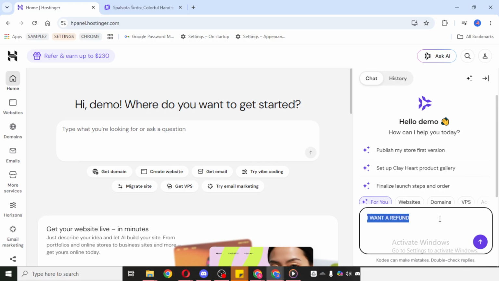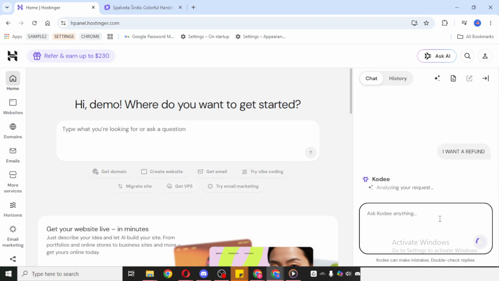You can simply raise your concern directly in the chat area. Try to describe your issue clearly so the system can understand what kind of help you need. For example, it helps to mention the problem in simple terms and include only the relevant details. The clearer your message is, the easier it will be for the support tool to respond with useful guidance. As you type, stay focused on the specific issue you want resolved. This can save time and help you get a more accurate answer.